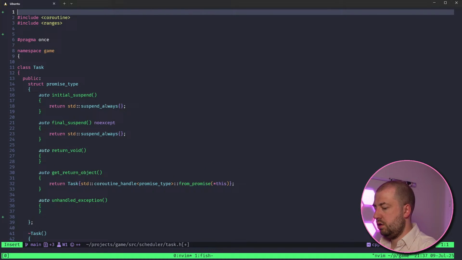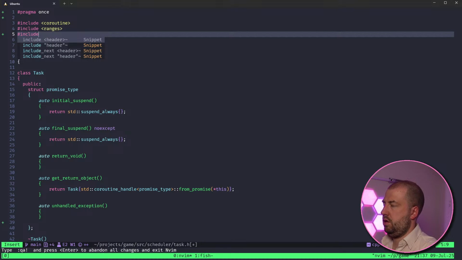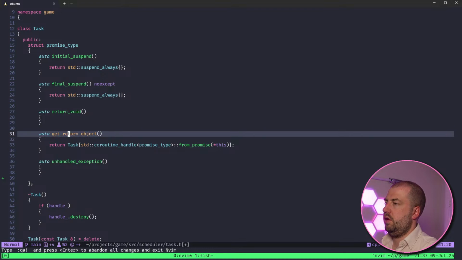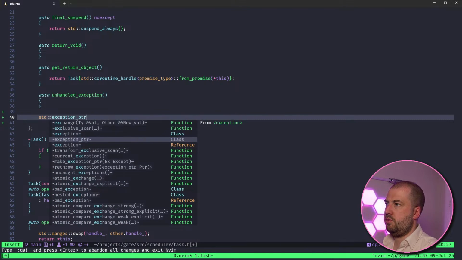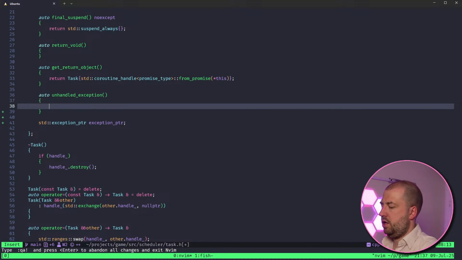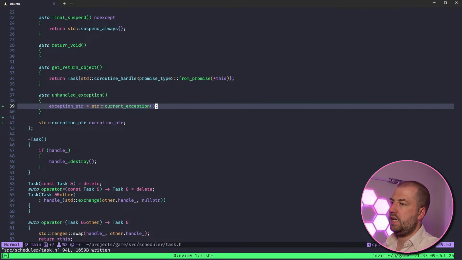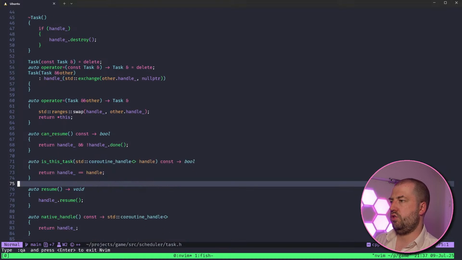Ooh, naughty. I'll spot that. Let's accept. So we should be able to do the exception pointer, and then exception pointer equals the current exception. So this will get the current exception in flight and store a pointer to it, which means later on when we resume...